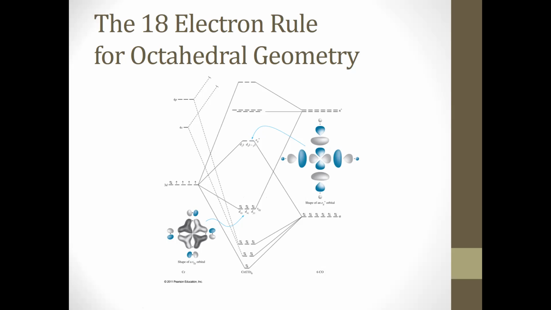That only happens if the ligands are pi acceptors, and that's what we actually see up there. There are pi acceptor orbitals on the ligands, which make this bonding, and we get an anti-bonding that's not higher up. But in general, large delta O gaps, which means low spin compounds, 18 electrons is the sweet spot for octahedral